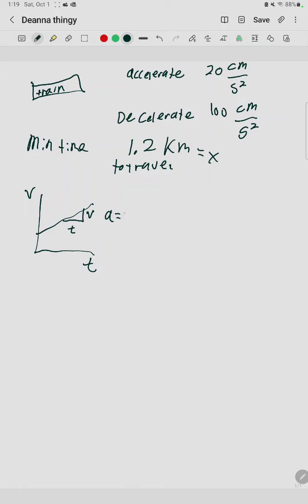And we know acceleration is velocity over time. So the slope is acceleration. And the same goes for an x and t graph, distance and time, where the slope is velocity. But given that both accelerations are constant,